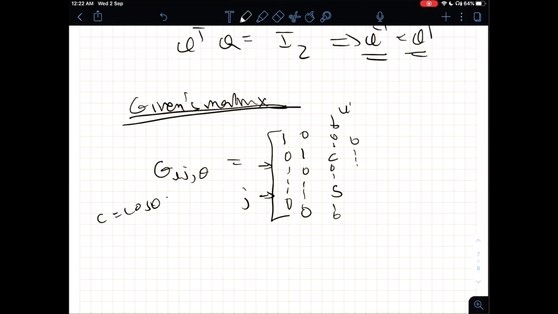After this I again continue with the corresponding columns of the identity matrix until I reach the jth column,